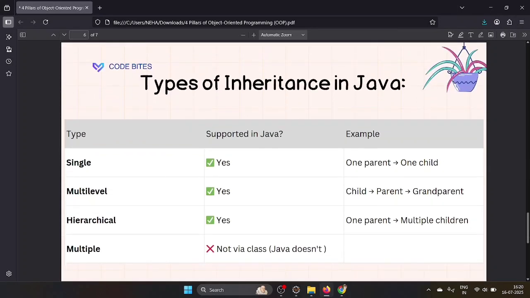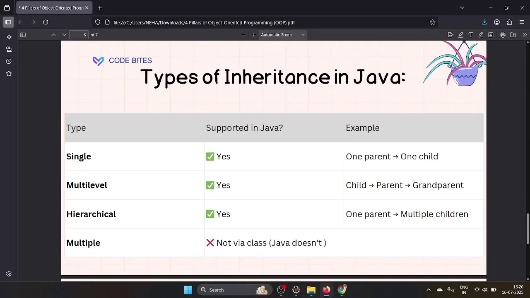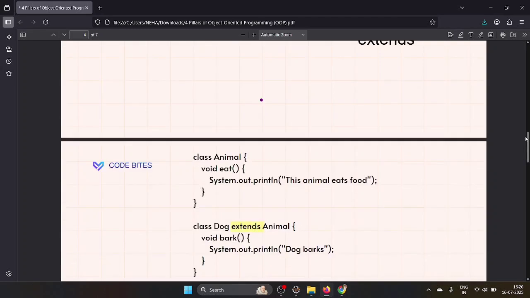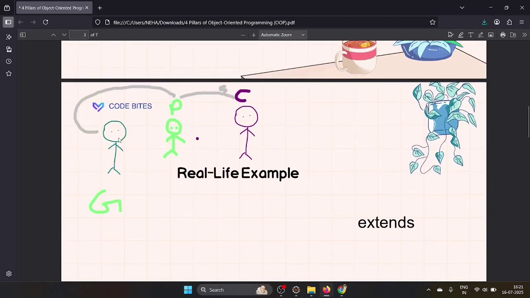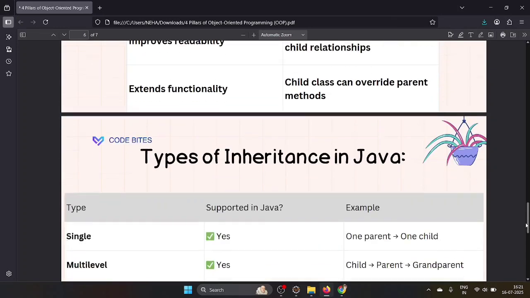So this is about inheritance, and we can say the types of inheritance in Java: single level is there, multi-level is there, hierarchical inheritance is there, hybrid is also there, and multiple is there. So let's see what a single level inheritance is. Single level inheritance means from one parent to one child. See here, from grandparent to parent, this is only one level, right? From grandparent to parent you are getting the inherited property. From one level to another level, one class to another class, that's it.